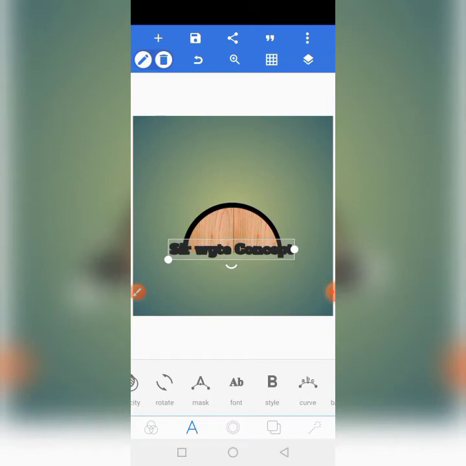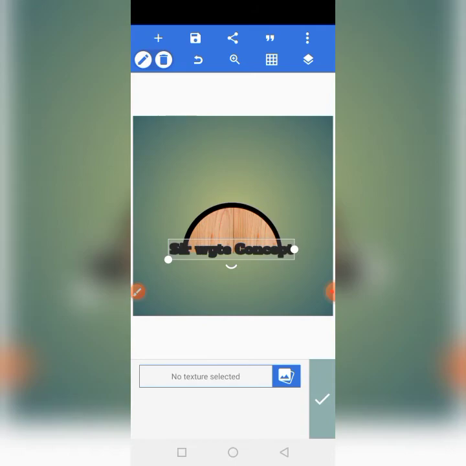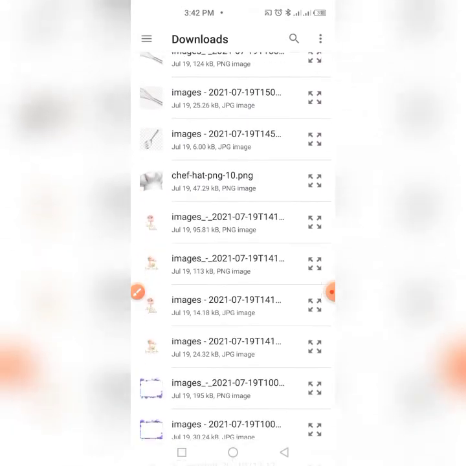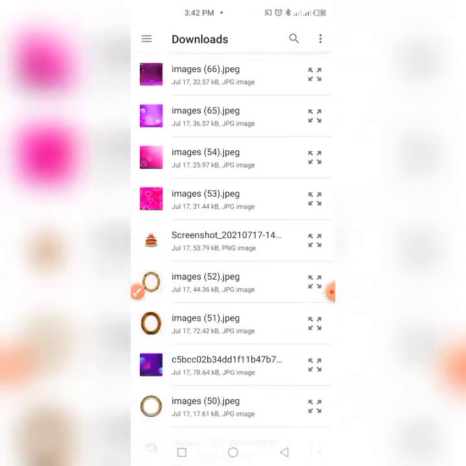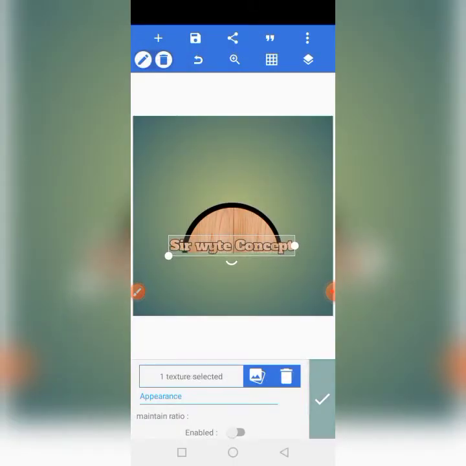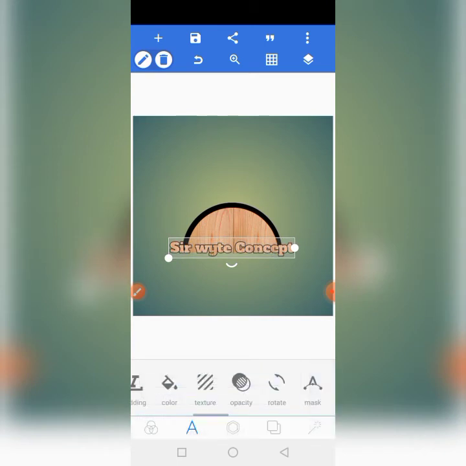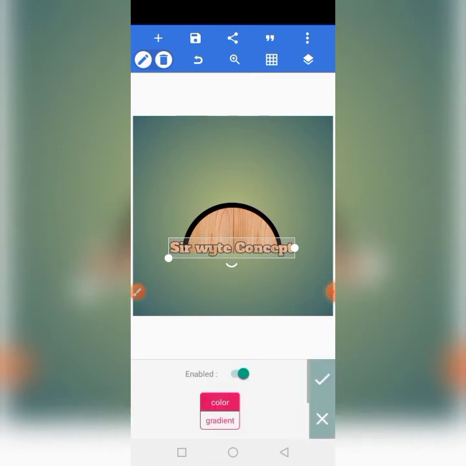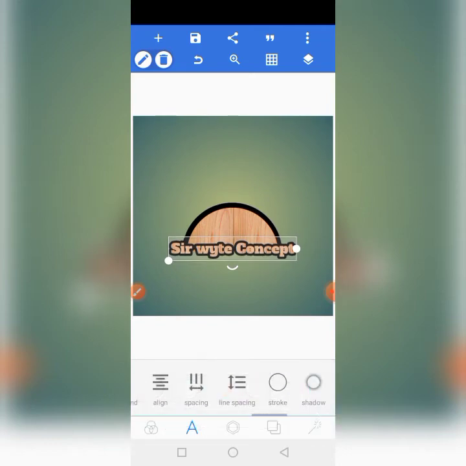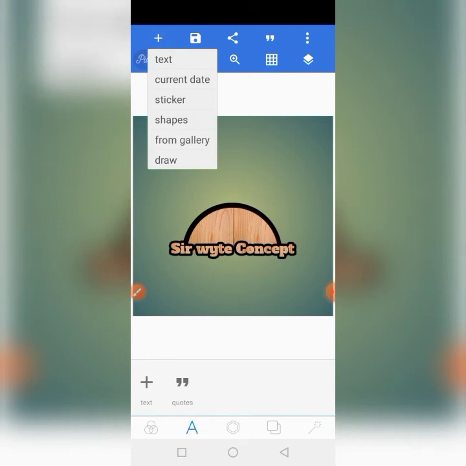Now go to texture again. No need of me circling it for you now. You know where it is. Go to texture again. Now go and import that same light wooden background you just applied in that half moon. Bring it again. Sorry guys, my own is a little bit down. It will now be like this. Now increase the stroke. The stroke is enabled. Now you increase it. Are you seeing it? Wow, this is nice. This is okay. Then the next thing is go to import again.